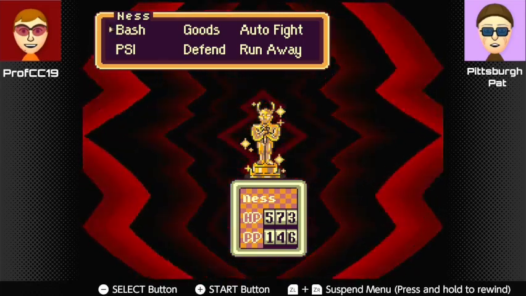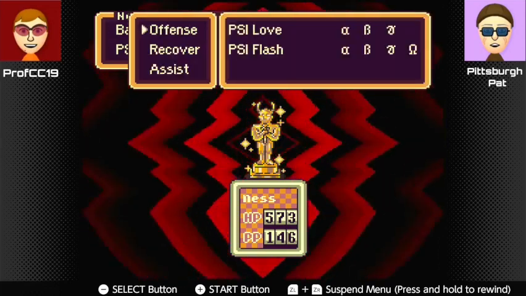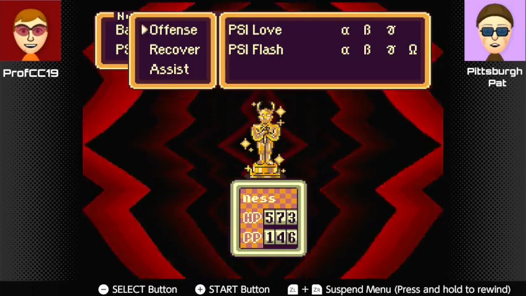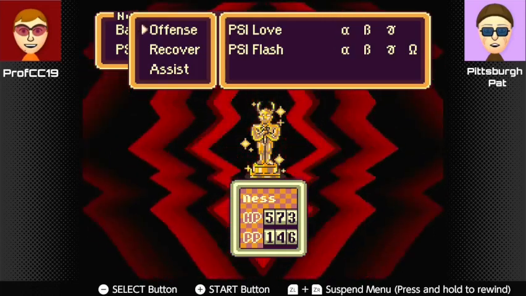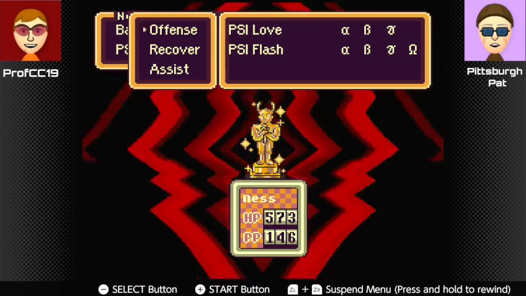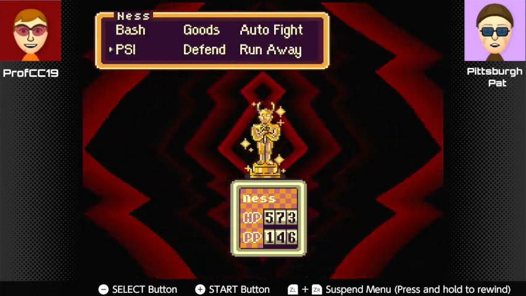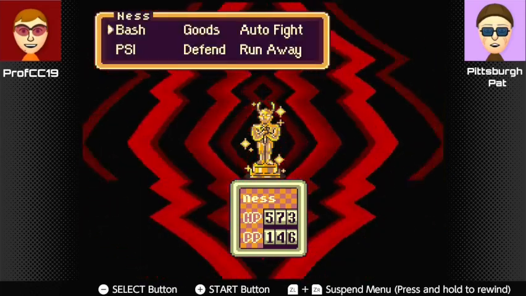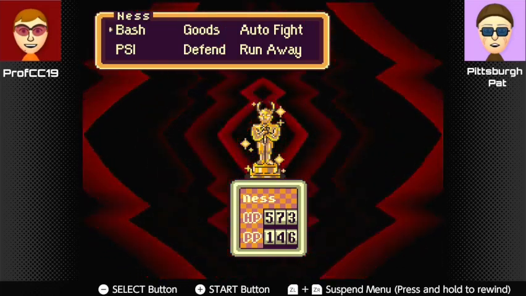And most dangerous, our custom psychic attack is Love, PSI Love. We have Alpha, Beta, and Gamma. It has PSI Love, Alpha, and Omega. It has the strongest version that we have not even learned ourselves yet. I see. So it's random. We'll just see what we get. They're all tough attacks, but